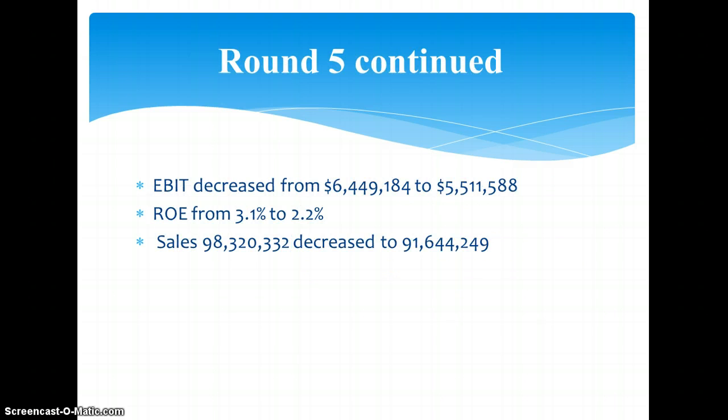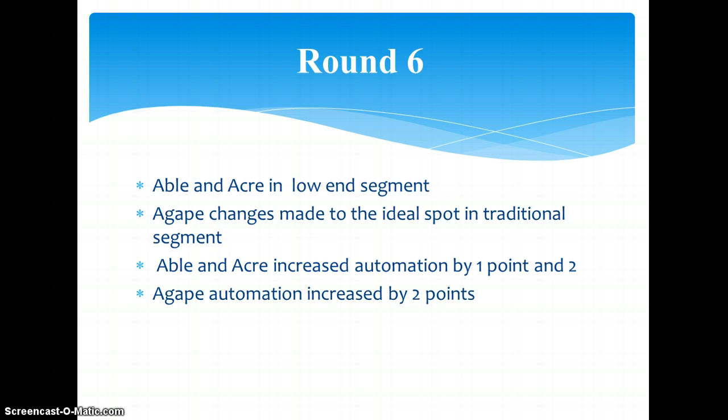Our EBIT decreased from $6,449,000 in round 4 to $5,511,000 in round 5. Our ROE decreased from 3.1% to 2.2%, and our sales actually decreased from $98,320,000 to $91,644,000. Round 6. For Able and Acre, new decisions were made in research and development so the products could stay